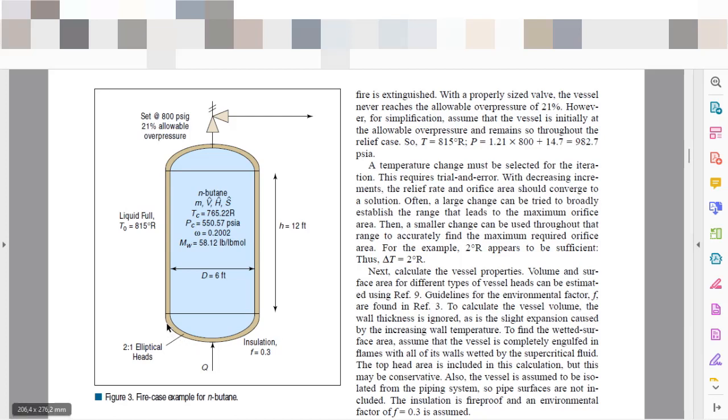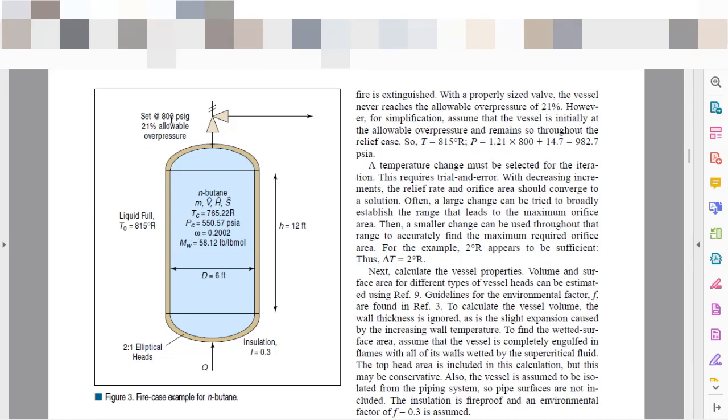We have the geometry of this vessel and the conditions in terms of PSV set point, that is 800 psi with 21% allowable overpressure. So to define the pressure safety device relief pressure, we need to convert the manometric pressure